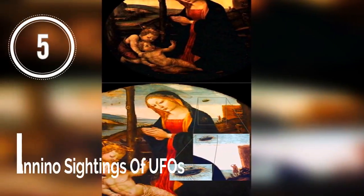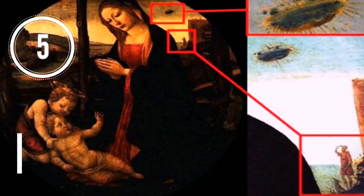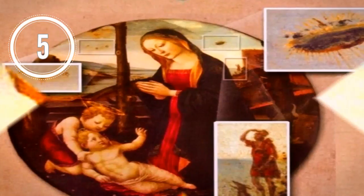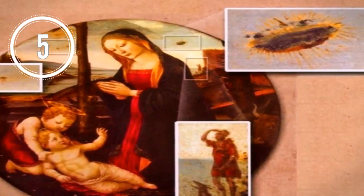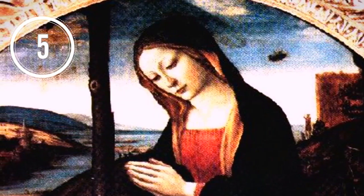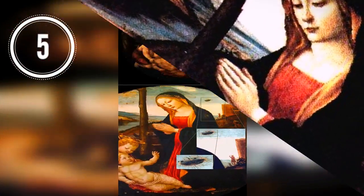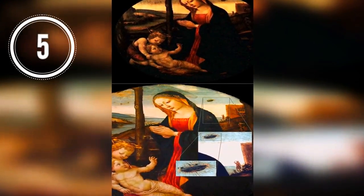5. The Madonna with Saint Giovannino, settings of UFOs. In addition to getting our attention with the rock-hard baby Jesus abs, Domenico Ghirlandaio's Madonna with Saint Giovannino also features an interesting little blob hovering in the sky over Mary's left shoulder. Above Mary's left shoulder we observe a disc-shaped object that appears to be shining. It is an object which the artist depicted in huge detail, making sure it would stand out in his work